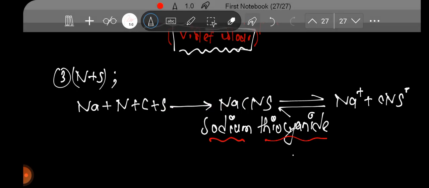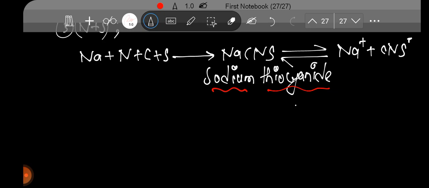Let's see what will happen. It's a simple reaction. If sodium thiocyanide reacts with FeCl3, it gives NaCl